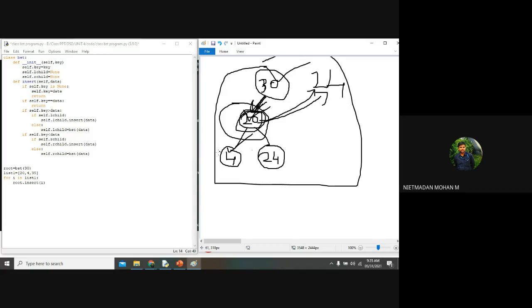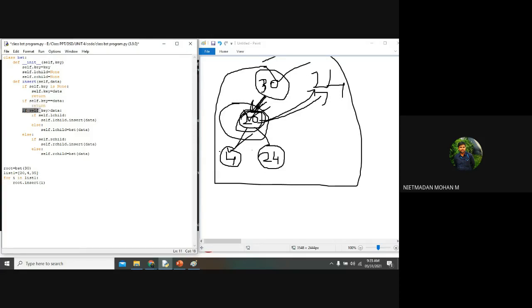Yes, sir. Now the same thing will happen for the next node. What will the third node be? It will be 35. So here you can directly use the else statement. No need to give the condition. Why? Because we have given the condition self dot key is greater than data. If not, it will directly go to the else condition. So first it will take 35 and find that the key is none, so self dot key is equal to data. This part will not be executed. And again it will check self dot key is equal to data. No, 35 is not equal to 30.